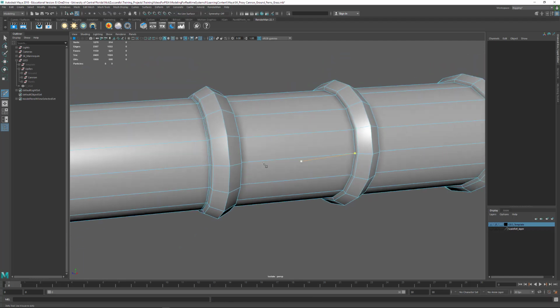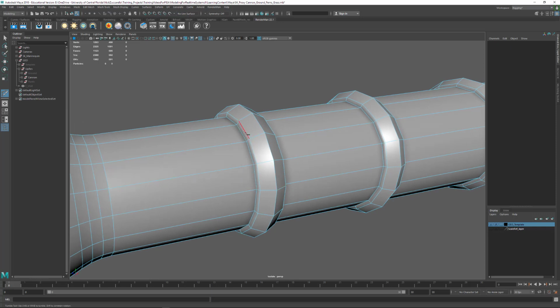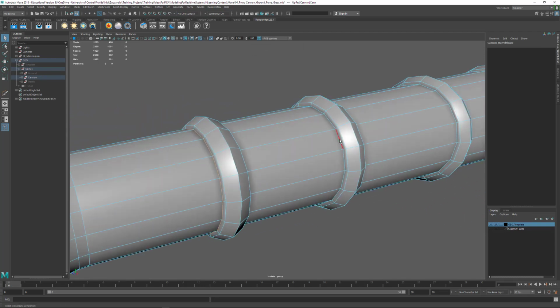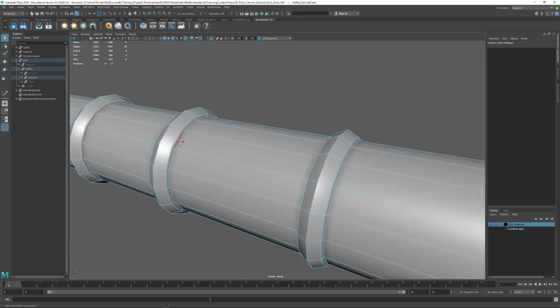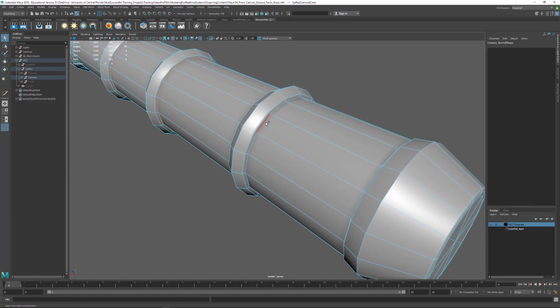Now, the way that we created this, I'm going to hit undo to get back to this. The way we created this was using the bevel tool, and we beveled to make sure we had equal distance on there. Now, if you want to have equal distance on some of this stuff, this is pretty easy to do on this. So I'll just hold down shift and I'll keep double clicking on these edges to do edge loops like this. And I'll keep adding until I get all the pieces here